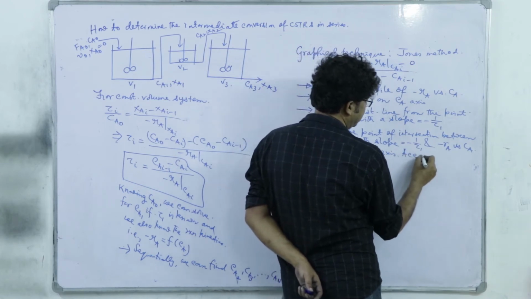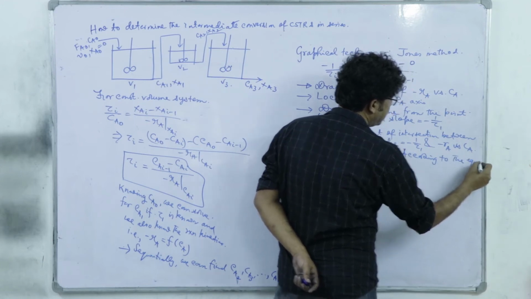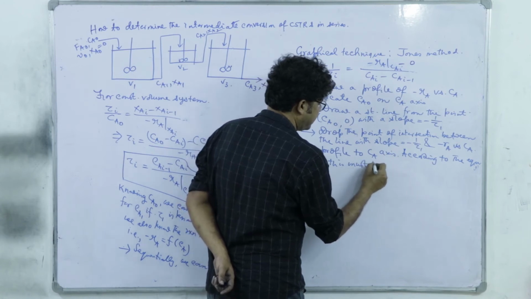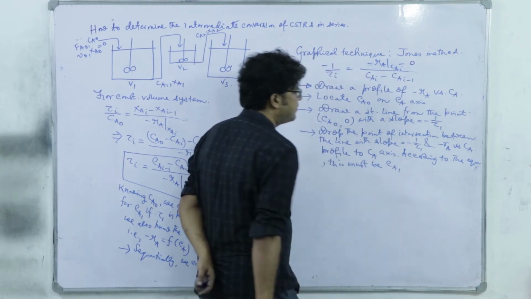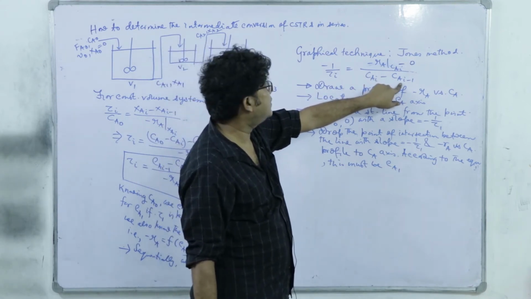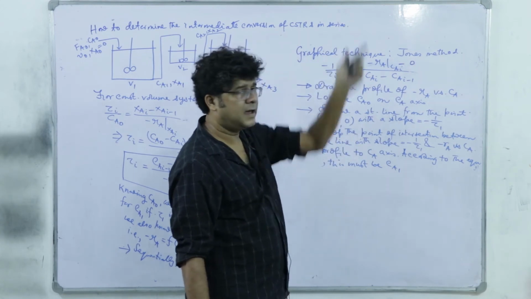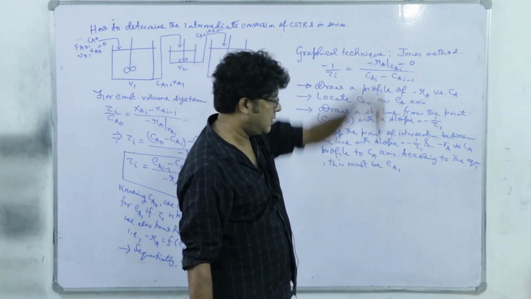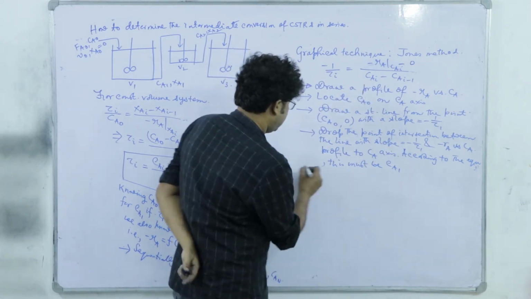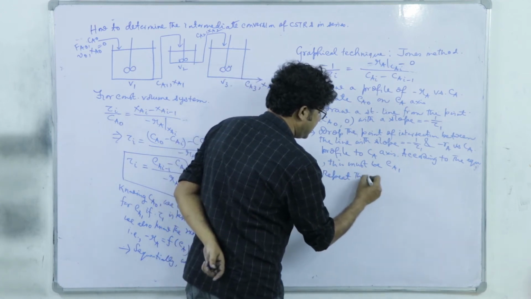According to the equation, this must be Ca1. Right, because here i equals 1, so Ca0 you draw a line with a slope of minus 1 by tau 1 and drop it on the Ca axis, you must get Ca1, right. So repeat the same procedure